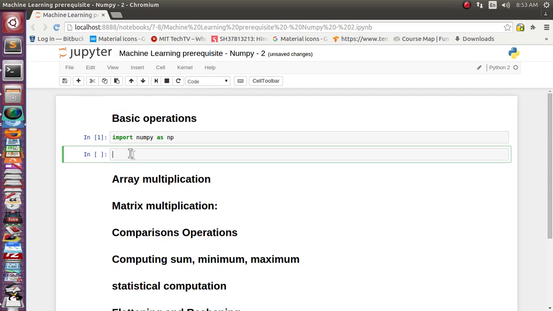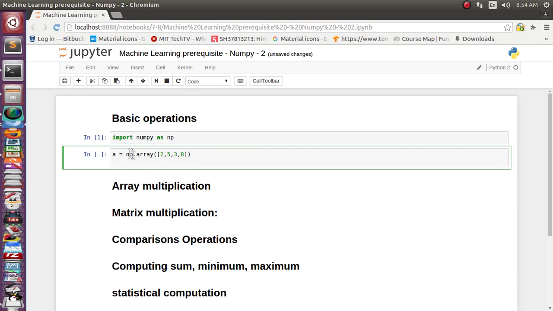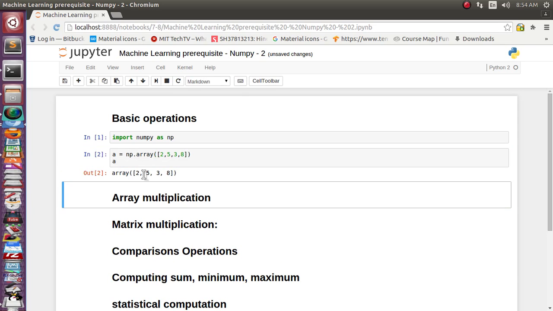Now basic operation means how you can add two arrays. So let's define one array. We have seen in the last lecture how to create the array manually, like 2, 5, 3, 8. So this is a basic array.